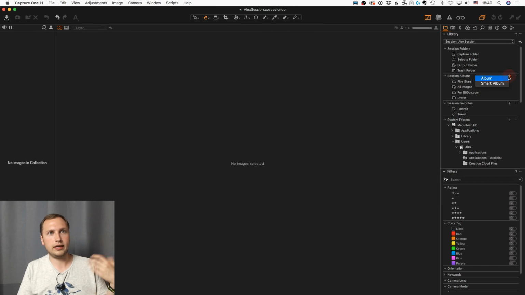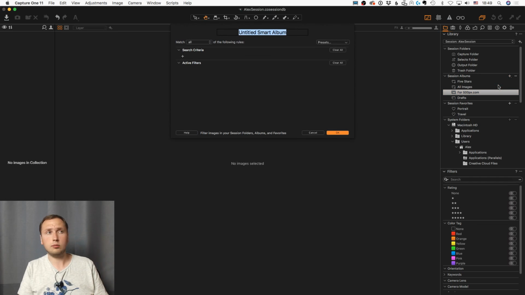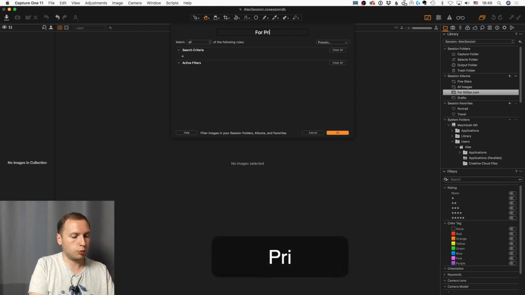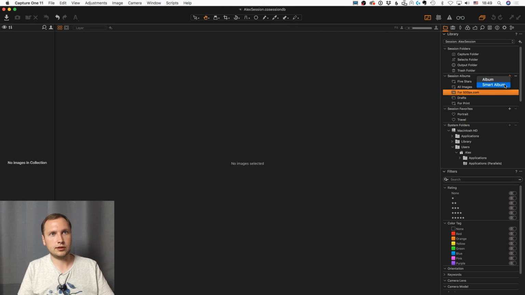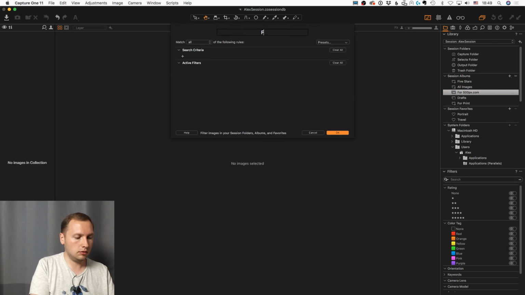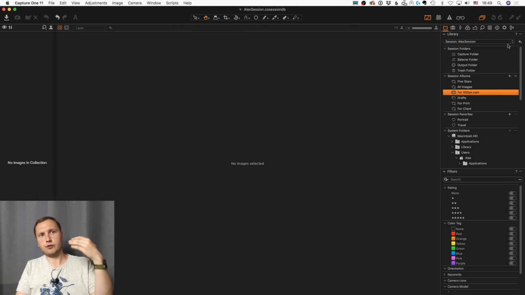Or I create another album, like a smart album, for example, for print, or something like for client, anything. You can create this hierarchy of different smart albums and regular albums, and then